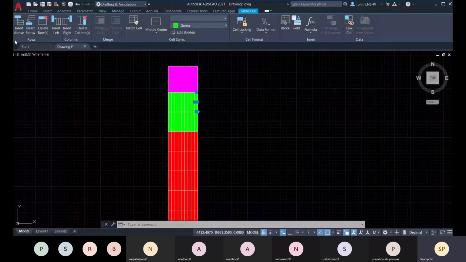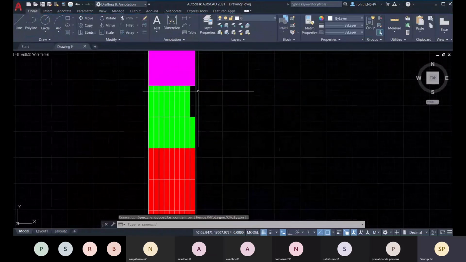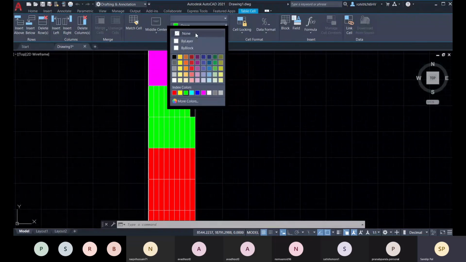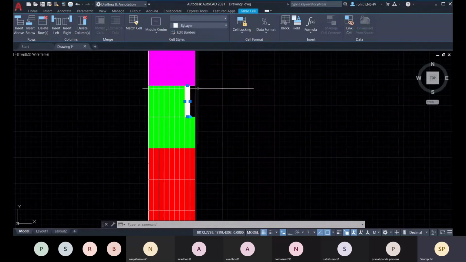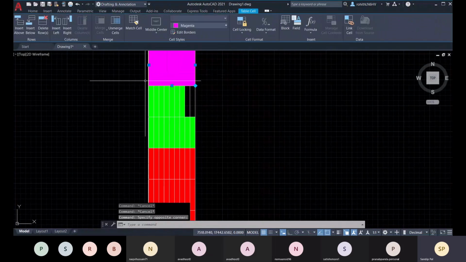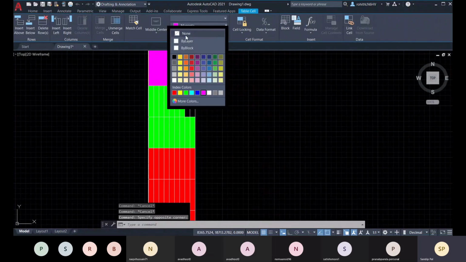Now let me just try it, like if you have this one, and about this, let me choose none. Here if you select this one, from here you can change it, like by layer or none. If you select none, there will be no color.